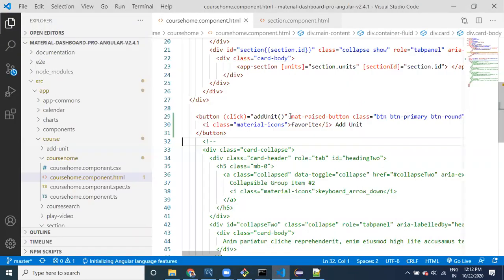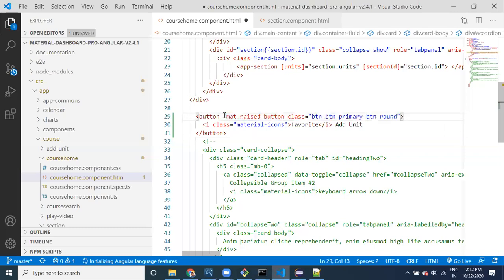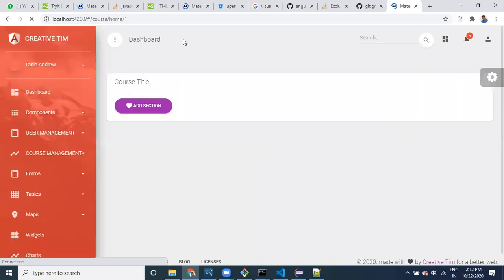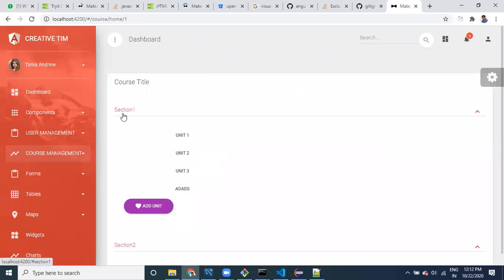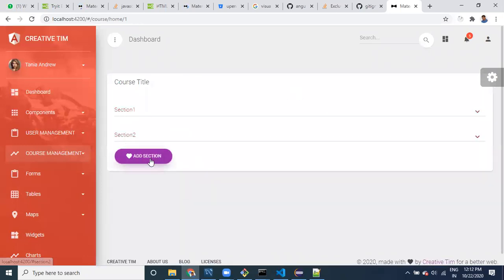And one more thing, there is no method available as of now. Just provide this one. We can say add section. I'm just giving you an idea. Along with the sections, see here guys, the add section button is available, right? Now I have modified this code. Assume there are multiple files I need to modify for this kind of requirement.